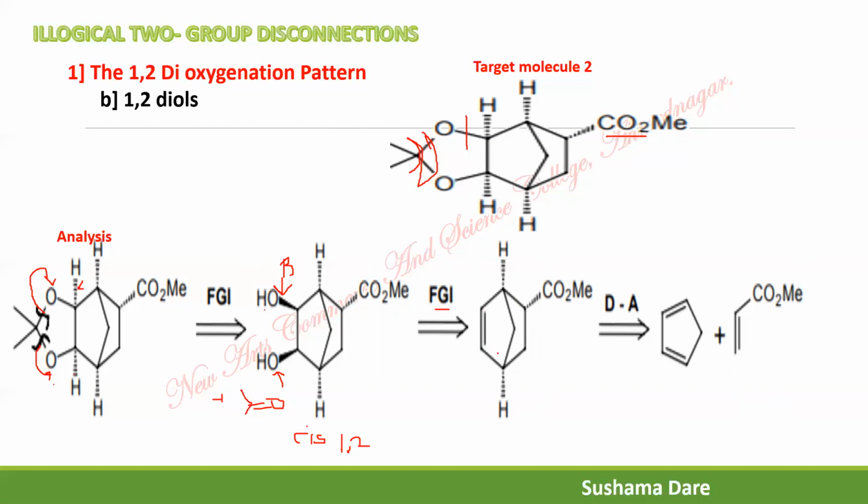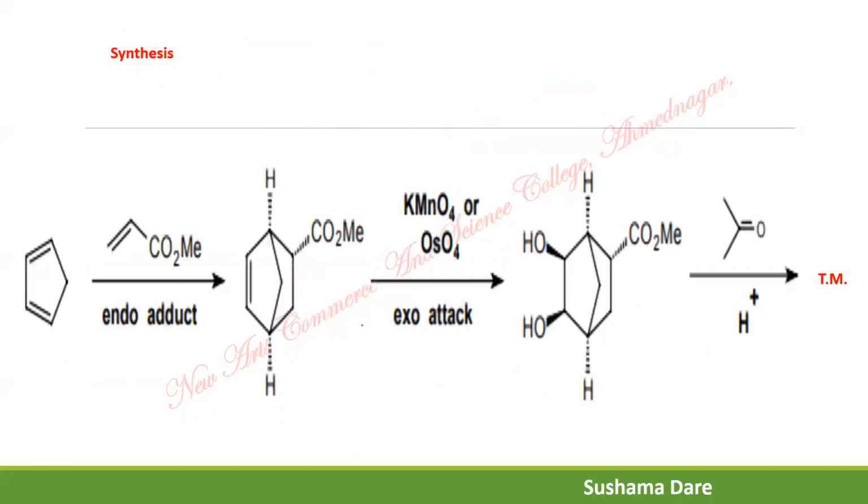After placement of the double bond, what you can see is there is a 6-membered ring, there is an intracyclic double bond, and in the intracyclic double bond, exactly anti to that there is an electron withdrawing group. So these two conditions tell you that you have to go with the retro-Diels-Alder reaction. So go for the retro-Diels-Alder reaction and complete the mechanism. It gives cyclobutadiene plus this vinyl ester. Now synthesis: cyclobutadiene plus vinyl ester.